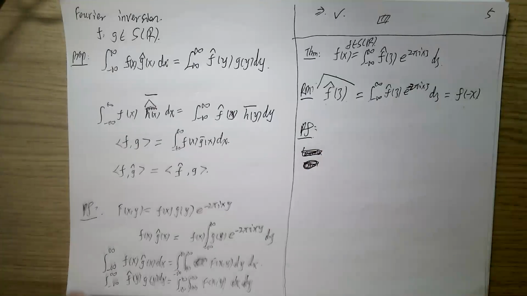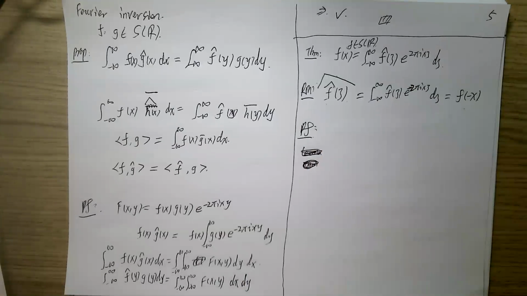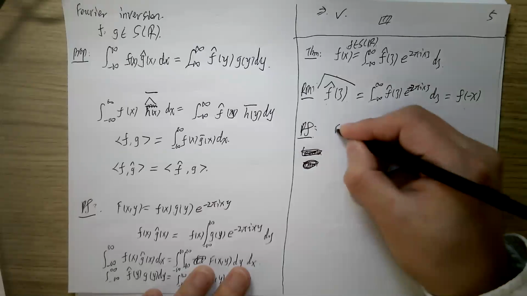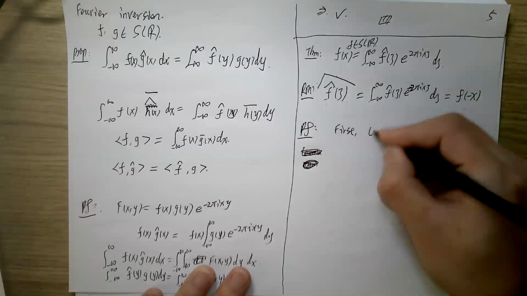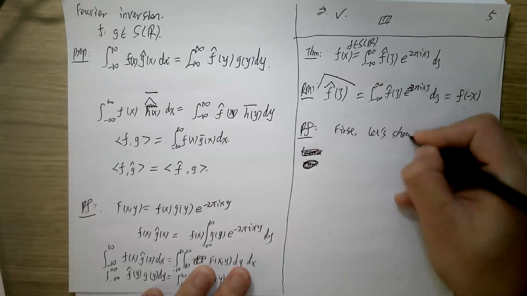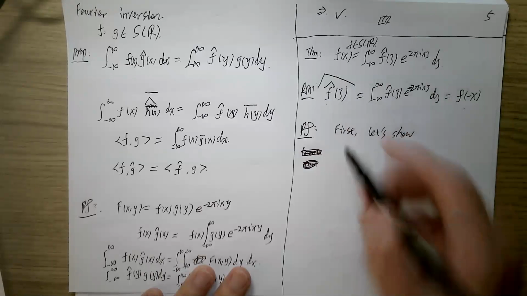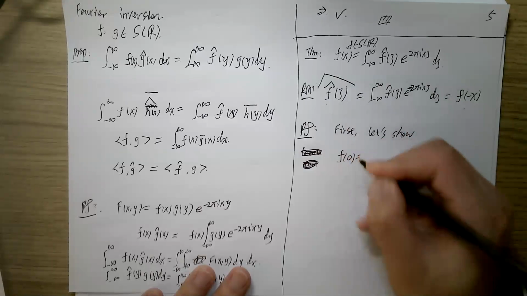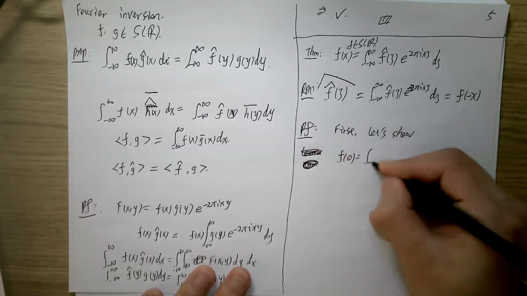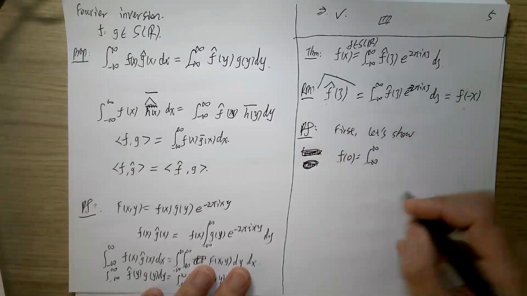Well, maybe I will mention the lemma later. Let's first do some trivial thing, okay? First, let's show that, well, you want to show f(x) equals this, right? So if you plug in x equals 0, what you want to show at the very beginning is